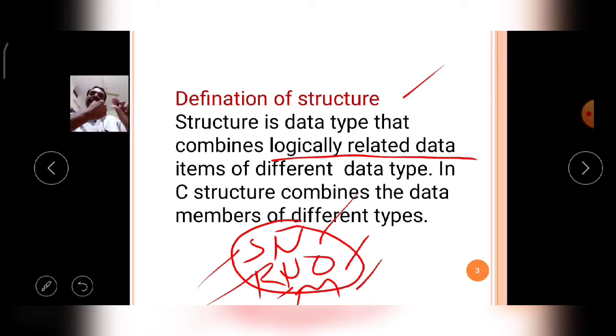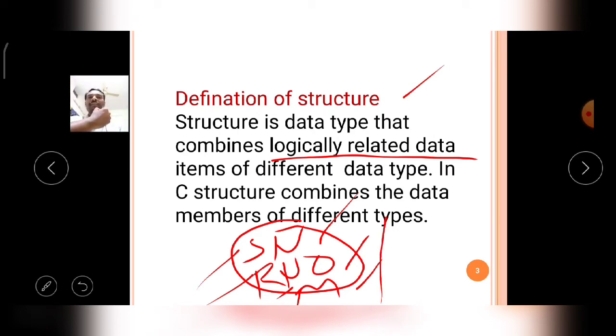The first information is related to the second, and the second is related to the third. The student roll number is related to the student name, and the student name is related to marks. Like that, it is logically related.